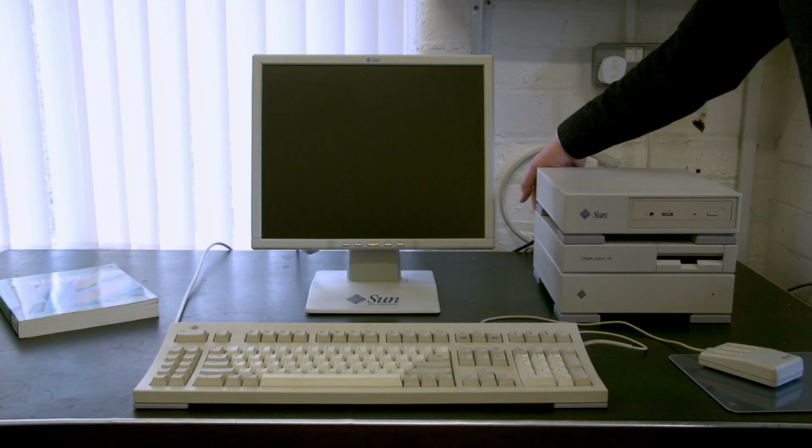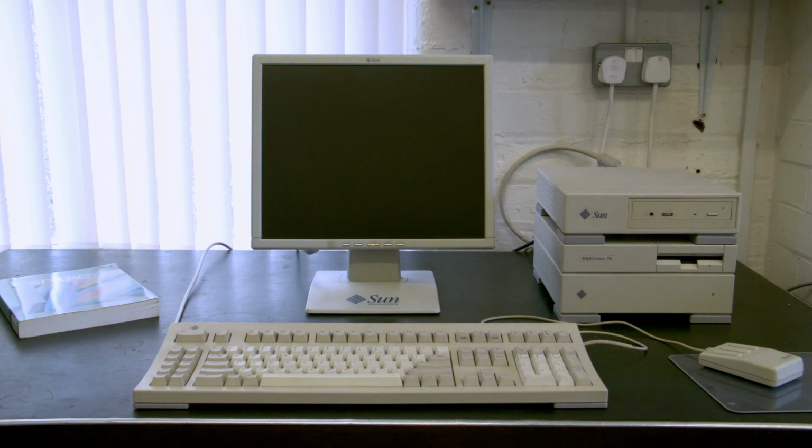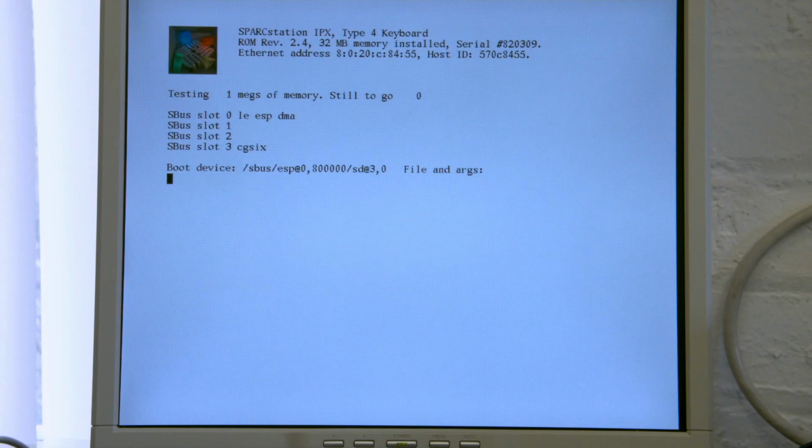So we'll start by turning the SPARCstation on at the back, and there'll be a little delay before there's video output on the screen. It's certainly not the fastest machine to start up, but this workstation is getting on for 30 years old now, and it does only have a 40 MHz clock speed CPU, although having said that, the